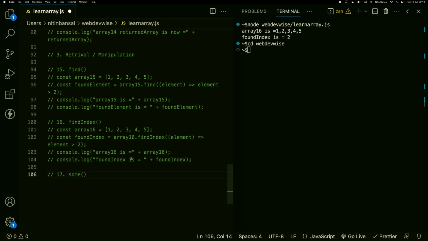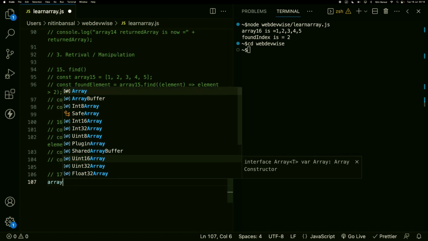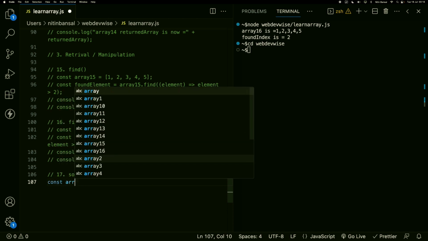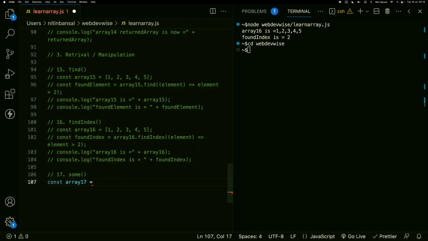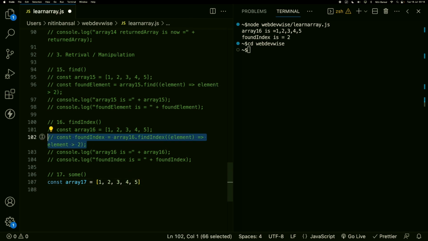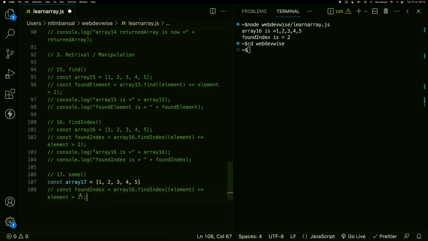Otherwise, it will return false. For example, I'm going to create const array17. I'm going to say 1, 2, 3, 4, 5. Same thing, I'm going to use this same statement here, and then